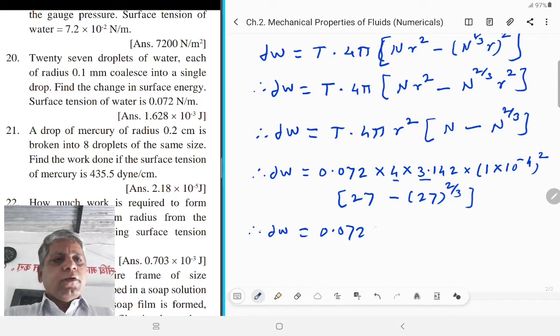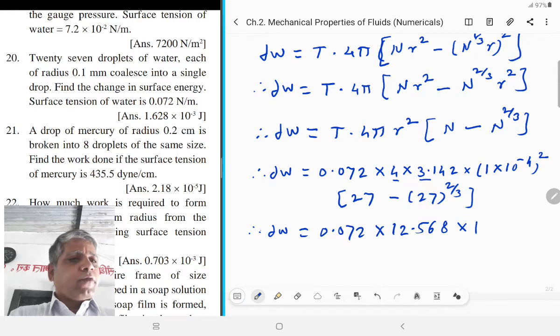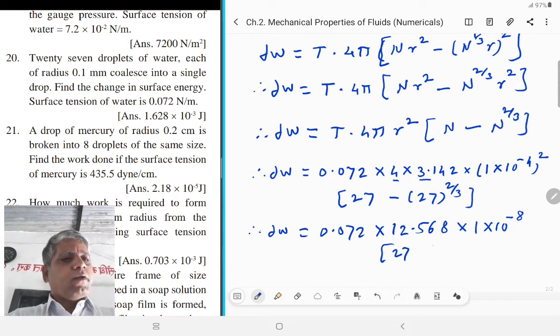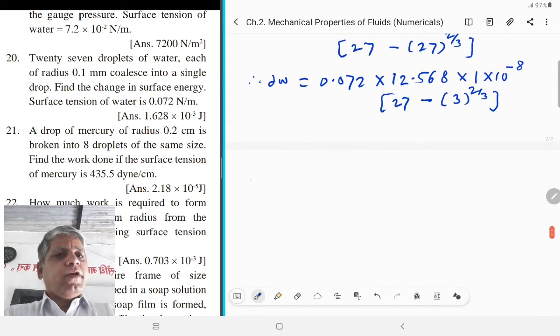We get 12.568 into square of 1 is 1, square of 10 raised to minus 4 is 10 raised to minus 8, in rectangular bracket 27 minus, here 27 is written as 3 raised to 2 by 3, and therefore change in surface energy is equal to